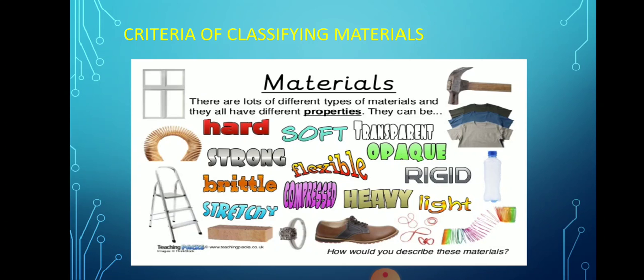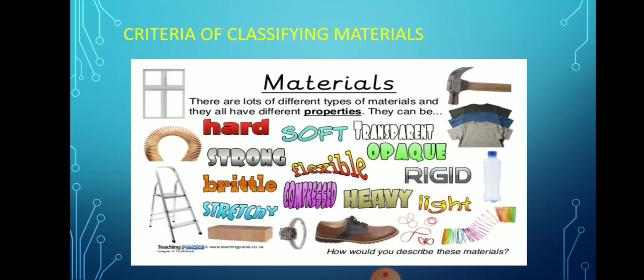A raincoat needs to be worn during the rainy season. Why? Because it keeps us dry and protects us from the rain. So it has waterproof material which does not allow water to pass through. So this is how the object is made out of that material, and it decides its use. Why do we use that material? Because it can be helpful to us. The usefulness decides the kind of material which is to be used for making that object.